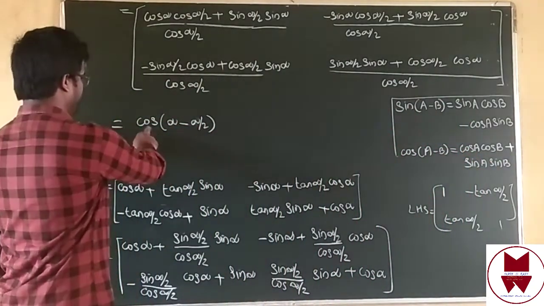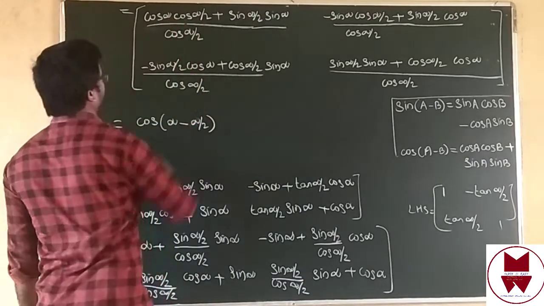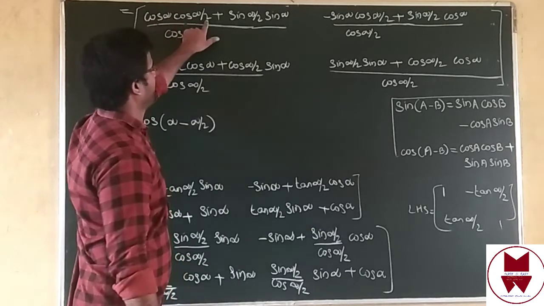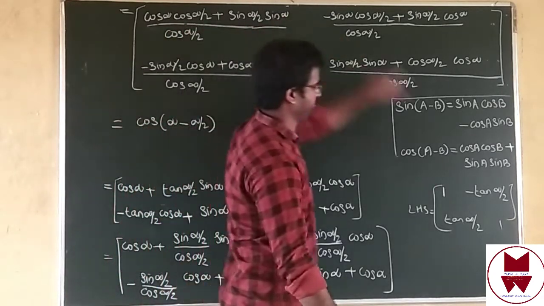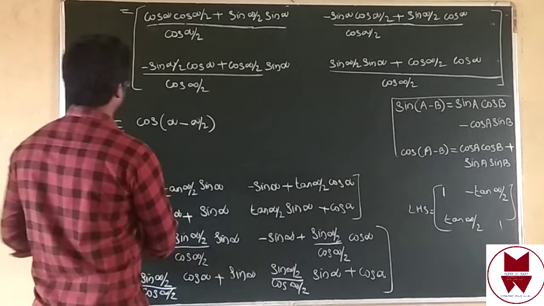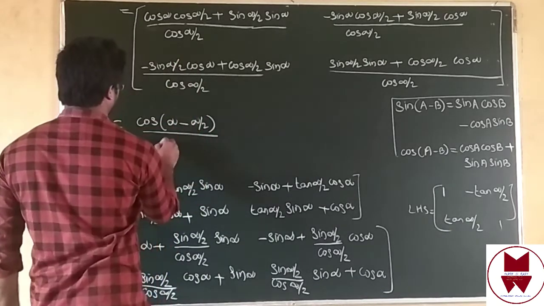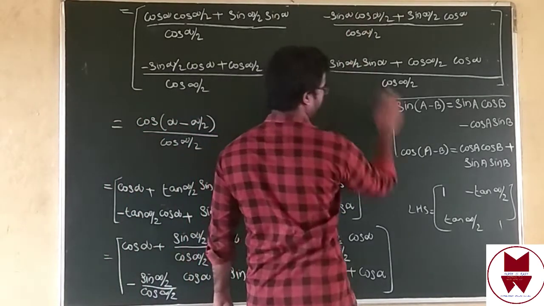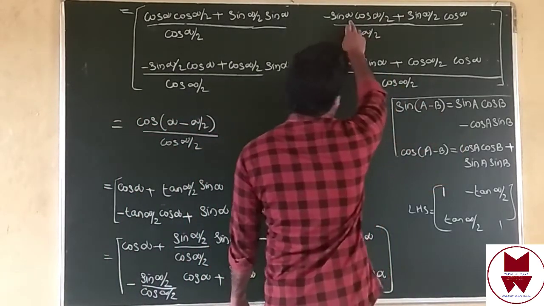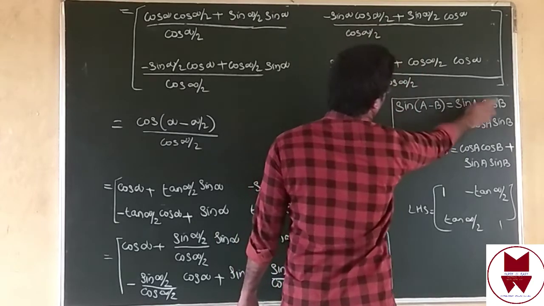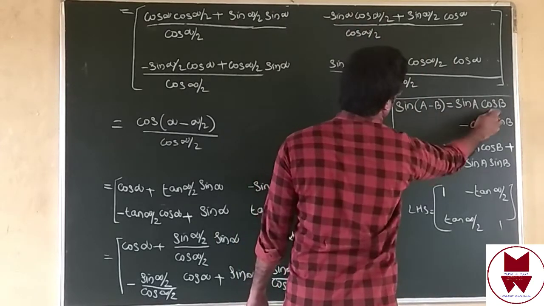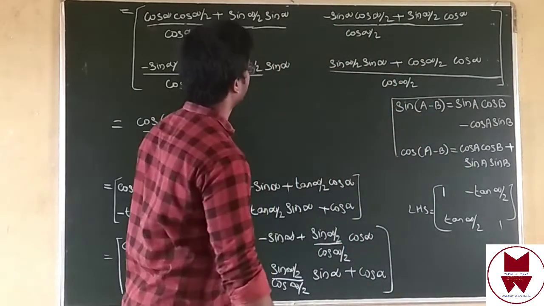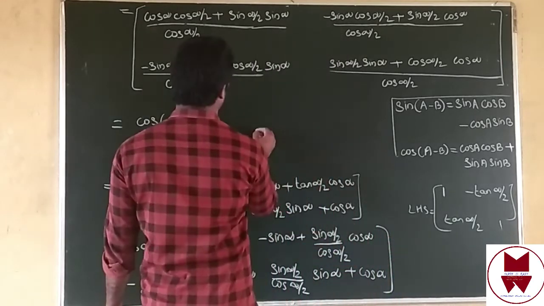Using that formula we can write in here A means alpha, B means alpha by 2. Then cos A cos B, look, cos alpha by 2. Then sin A sin B. This one. Then this formula we can use. Then divide by cos alpha by 2. Then in here this formula already we have written. Check it. Alpha means A, alpha by 2 is B, isn't it? In here also minus, it is just reverse.